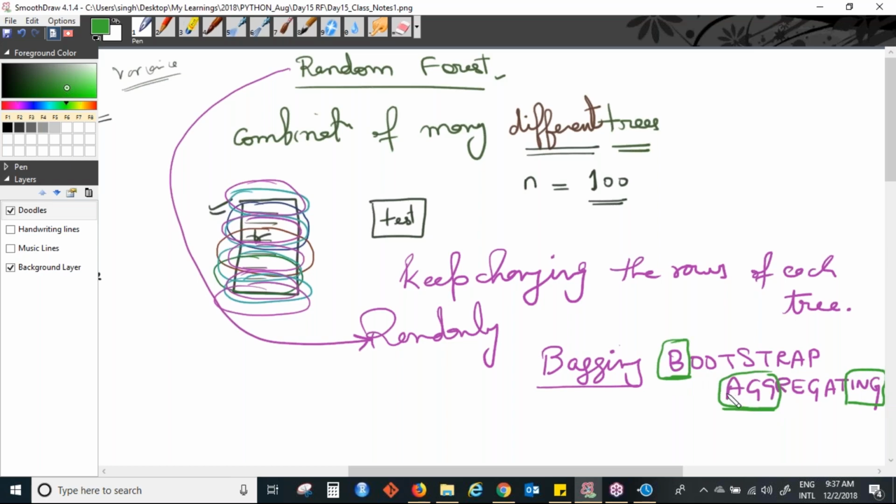Okay, this is how the word bagging is formed. So what does bagging mean? Bagging is not a modeling technique, it is a sampling technique. Okay, so bagging is how you sample your data.